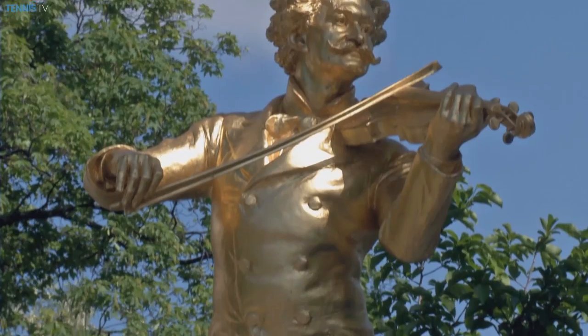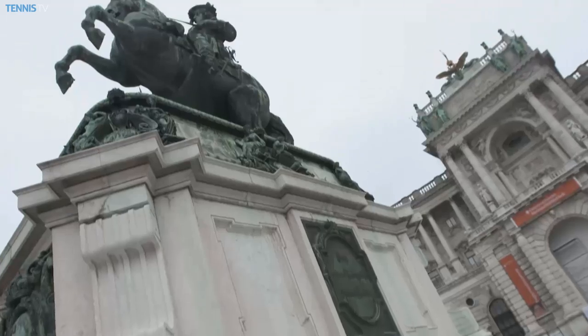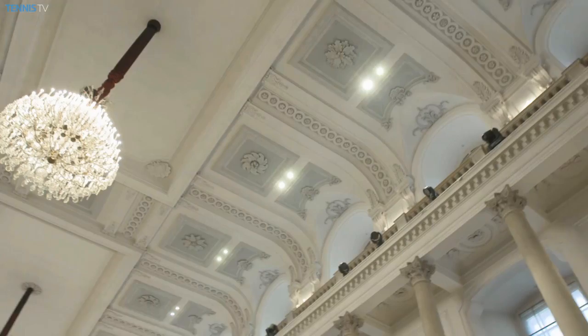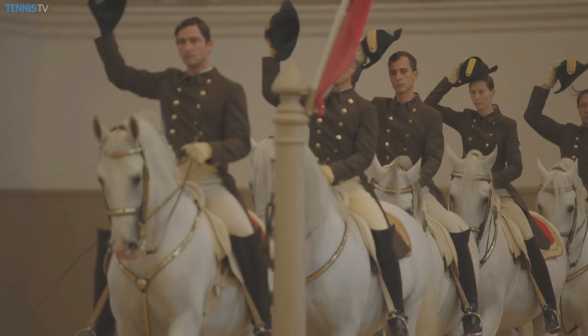With a rich cultural and architectural history, the city of Vienna has many tourist attractions. One of the favourites is the Spanish riding school, which is over 450 years old and is the centre for classical dressage. Performances take place in the Winter Riding School, which was built between 1729 and